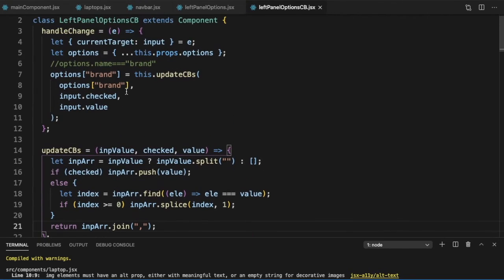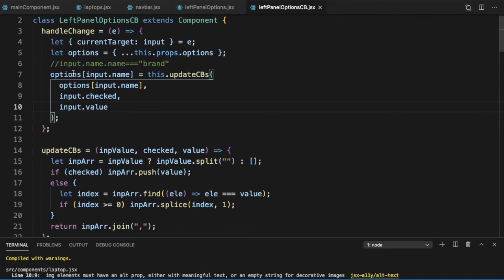So this will now give us back that string. Now note, in this case, where can we get this brand from? We can just get it from input.name. So we could generalize it here and say input.name.